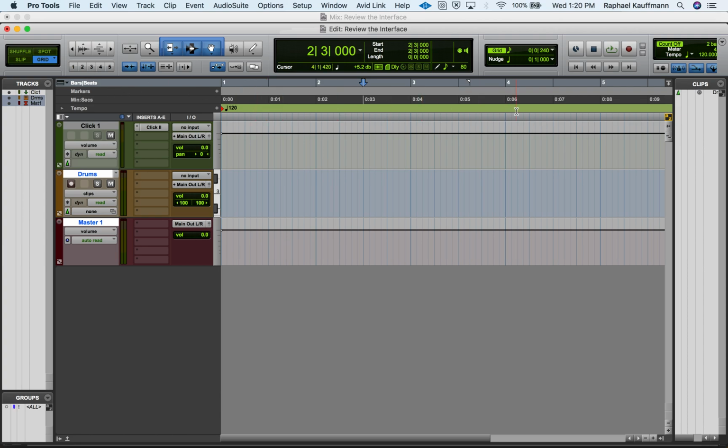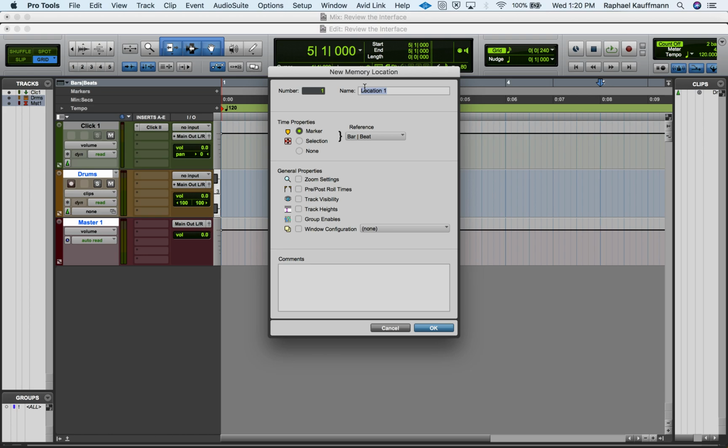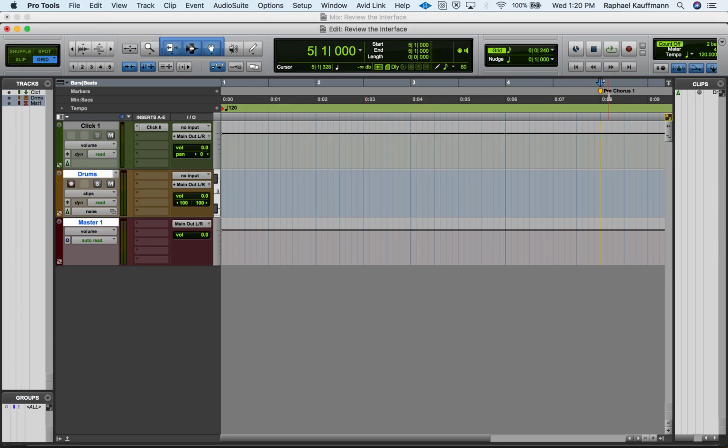Markers. Markers are super cool in terms of placing out an arrangement of a song. Again, I'll use measure 4. Actually, measure 5 would be more realistic because music goes in 4s. If at measure 5 we go to a pre-chorus or a bridge, you can go marker, and you can call it pre-chorus 1, boom. And here you have a visual marker for the pre-chorus. And there are some quick keys to get back to that point. Again, not so important right now, but useful as you develop larger projects and